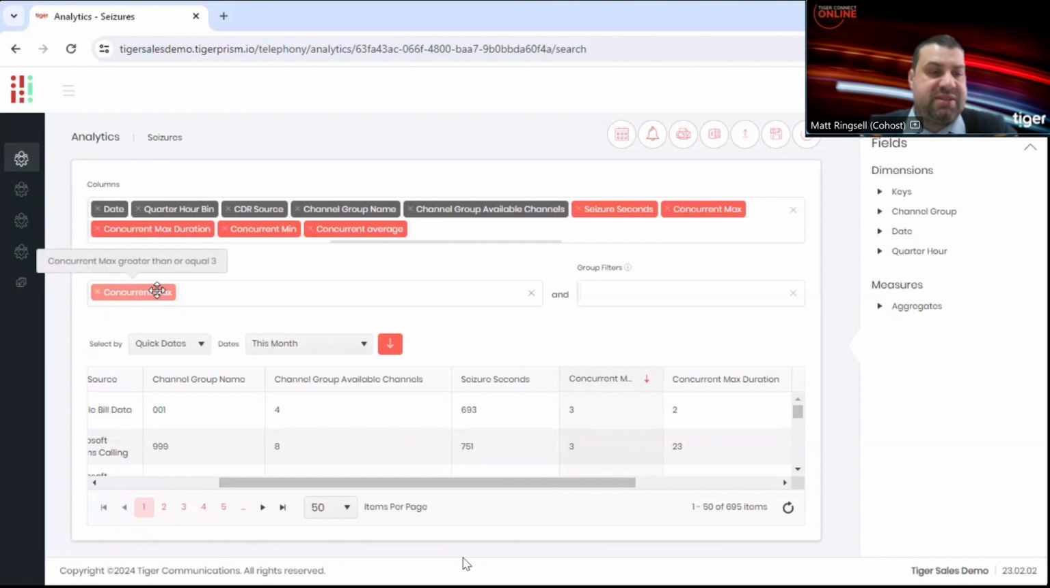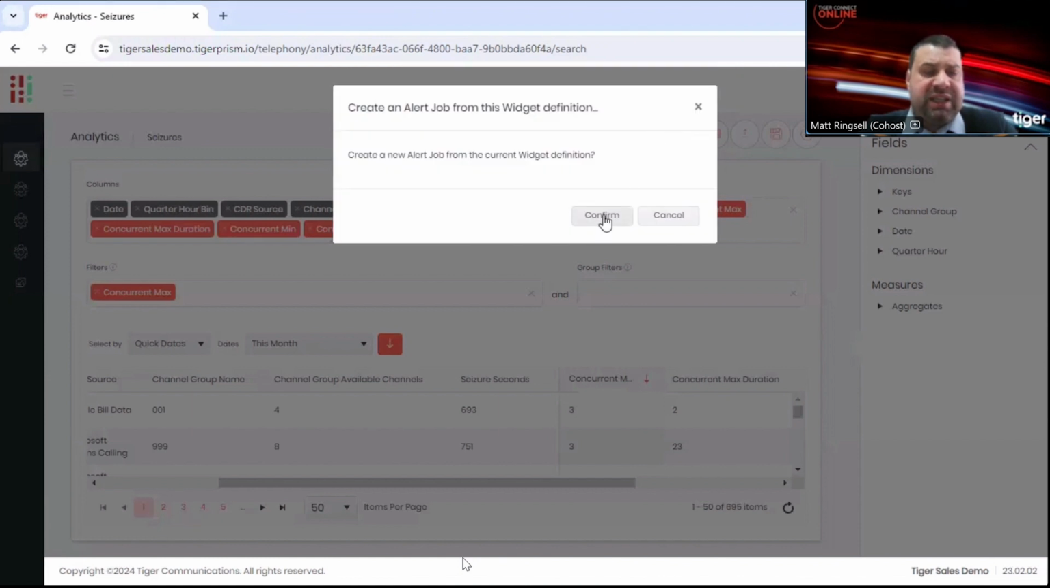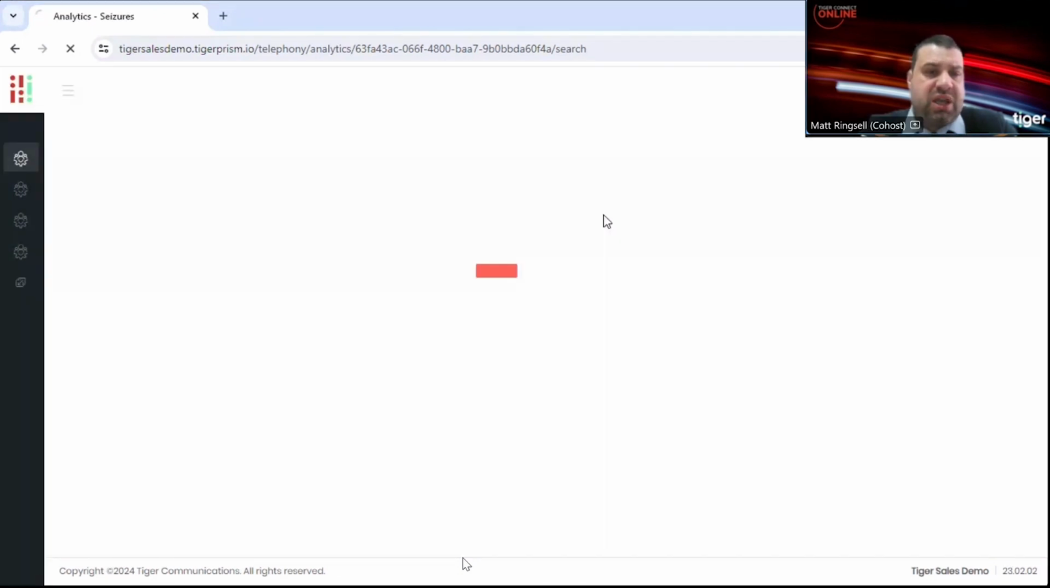So I set this, and what I can now do is I can set what's called an alert job. Some of you may not have this available. If you don't, please reach out to us. We can speak with your account manager to enable alerting for you. It is an additional module, but if we click on the alert job here, click confirm, and then you'll need